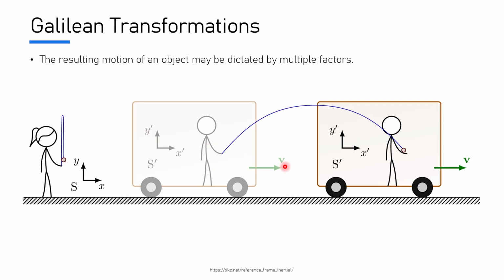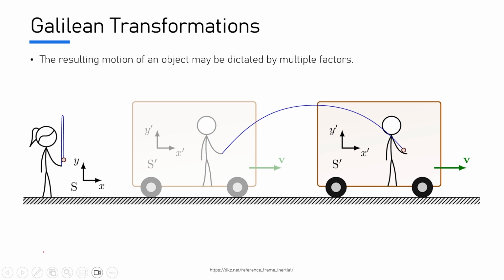And while inside this box, you pick up a ball and throw it up and catch it. What you should observe is essentially something like this. The ball travels directly up, the ball travels directly down, the ball doesn't move in the x-axis. This is to be expected in a scenario where we are moving at a constant velocity, and again reinforces the idea that you can't complete an experiment inside an inertial frame of reference to prove whether you are moving or stationary.